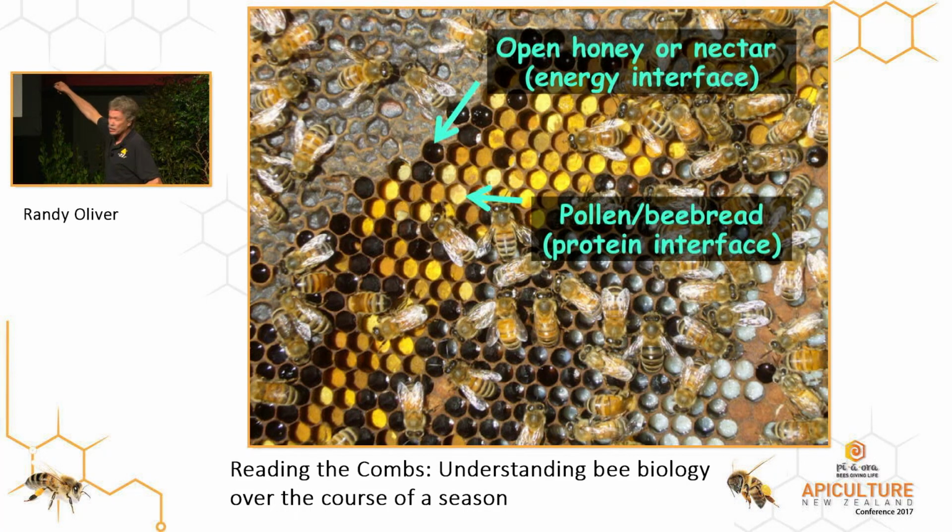You have these small interfaces now. This single row of cells right below the honey and above the bee bread is the energy interface. And one of two things will be happening right there. They'll either be uncapping cells and exposing stored honey in order to get energy if there's not enough energy coming in the form of nectar, or if there's nectar coming in, as they remove the bee bread, they will be putting fresh nectar into those cells and curing it into honey for storage.